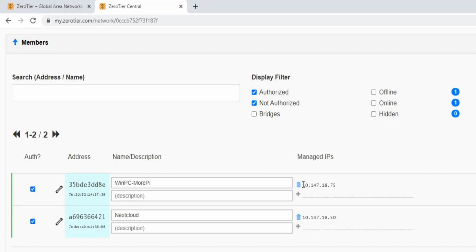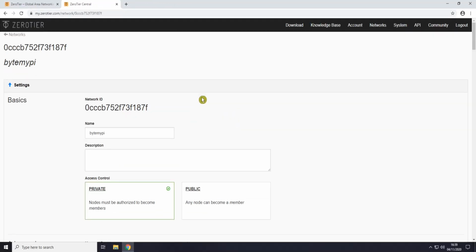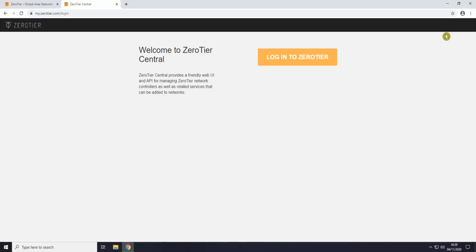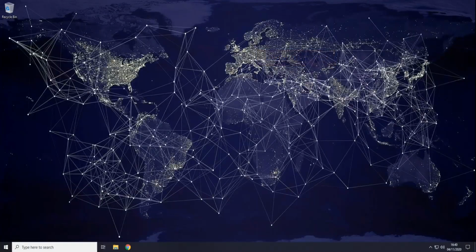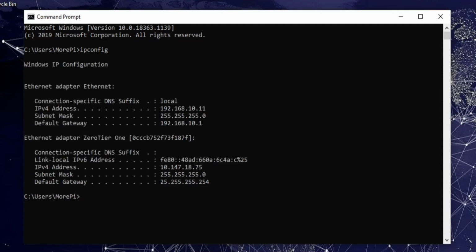I'm also going to jot down the new IP address, as I'll be showing you how to remotely connect to it a little later. But for now, if we scroll back up the page, I'm going to log out of my account and close the browser. Right, let's first check that our new settings have taken effect. So if we open up the command prompt again and retype ipconfig and press enter, all being well, you should